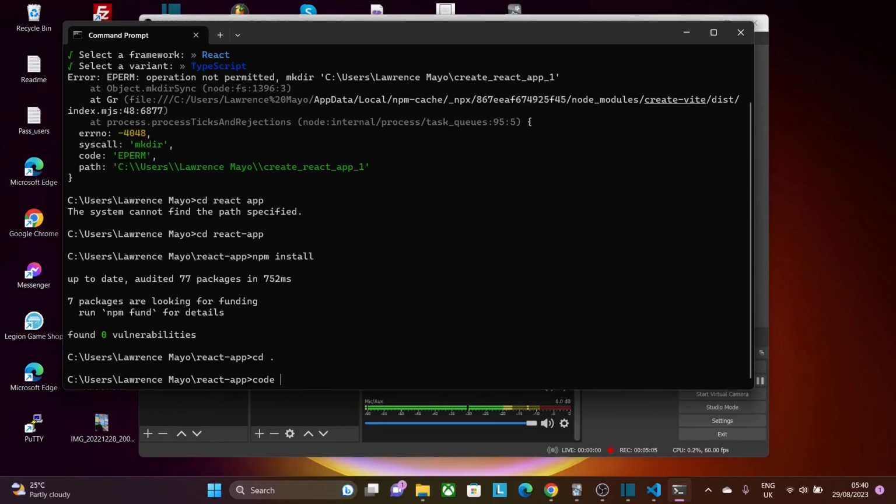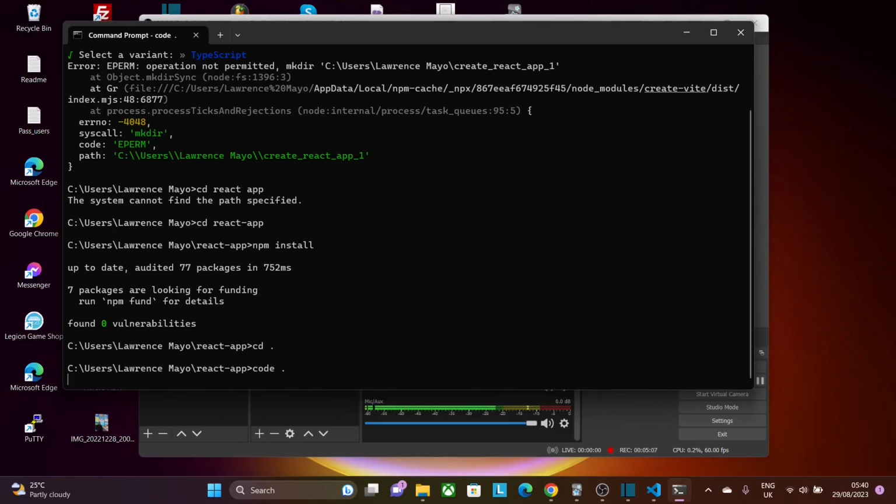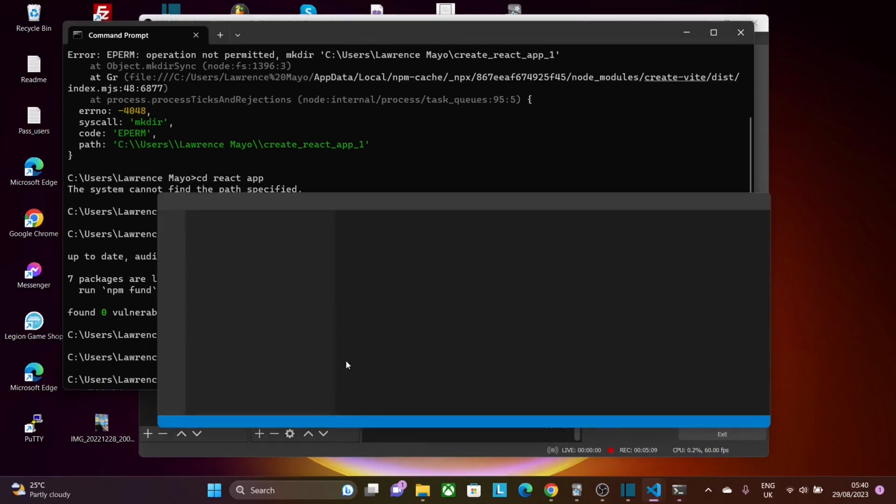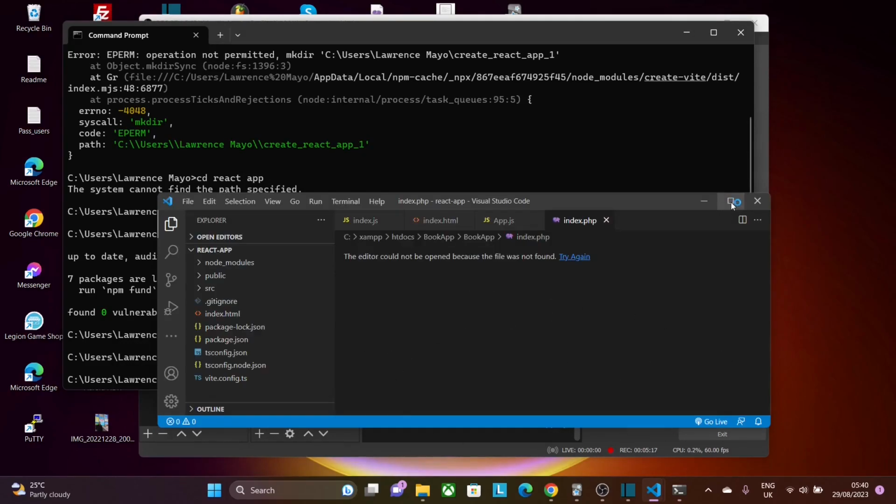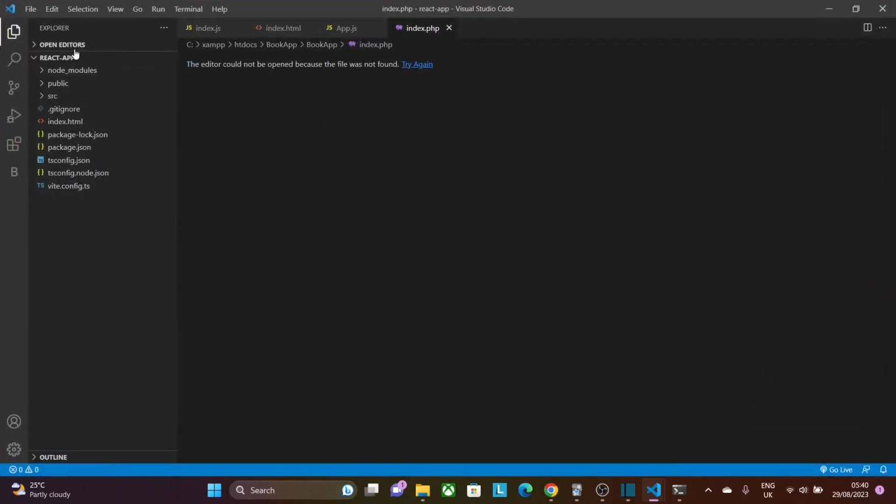So by typing code and dot, this should run our code in our code editor. And effectively, our code editor over here is loading. So what we can see over here is that React has basically installed all the modules, the public, the source